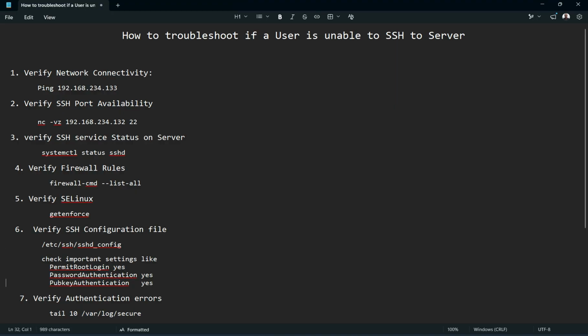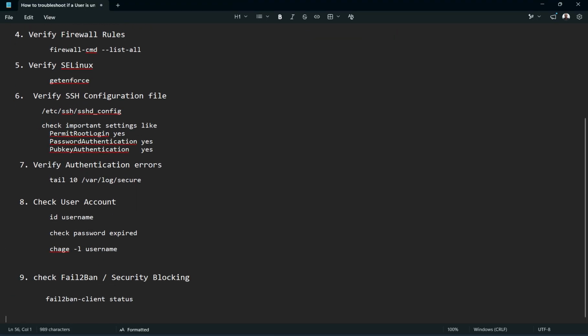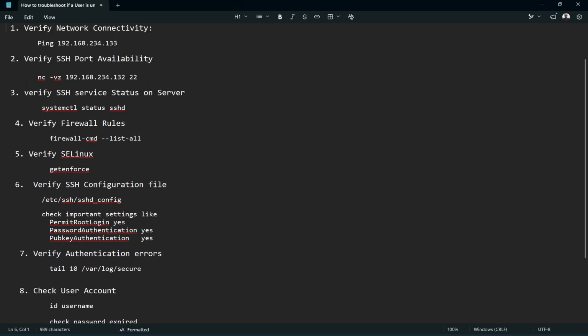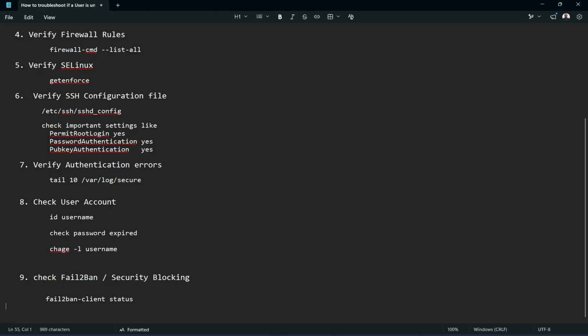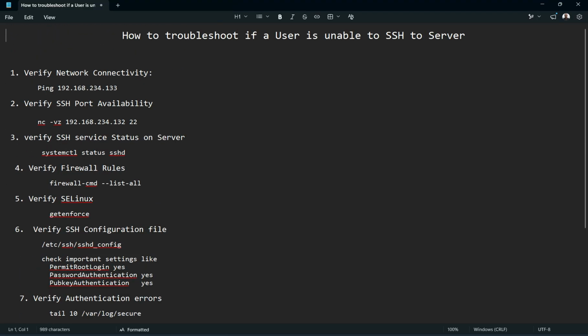I have written these on Notepad. You can have a look at these steps and check them when a user is not able to log in through SSH. I hope this video is helpful,